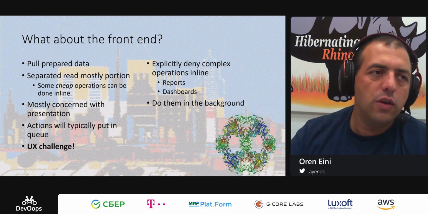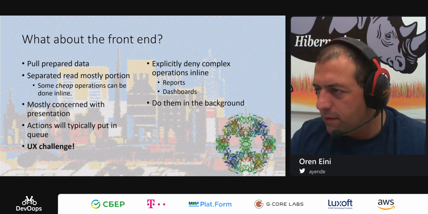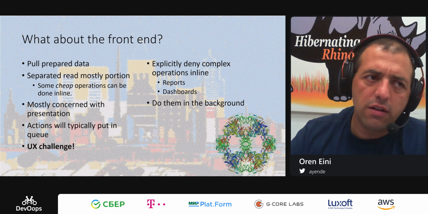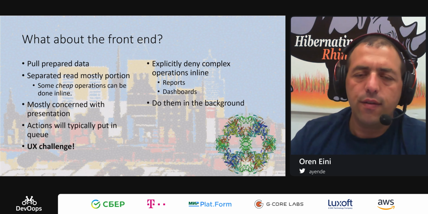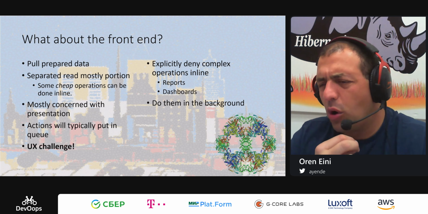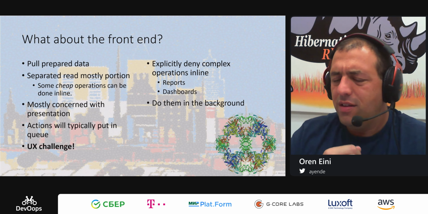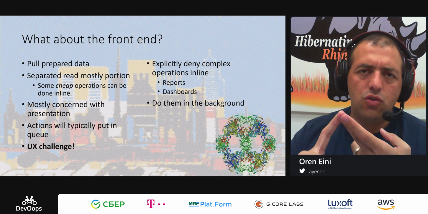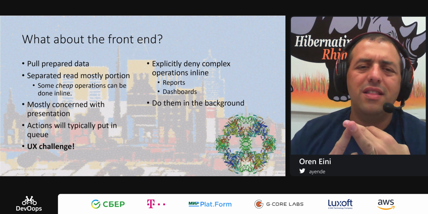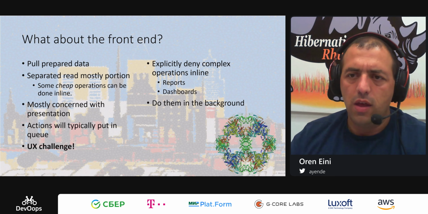For example, if a user wants to update their nickname, I don't need to push that into a queue and then wait for that and do all of the user interface around that. That's probably not relevant. This is something that is rare. This is something that is cheap. This is not something that I'm actually being measured on.